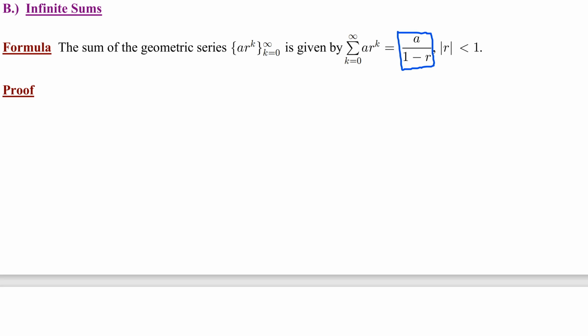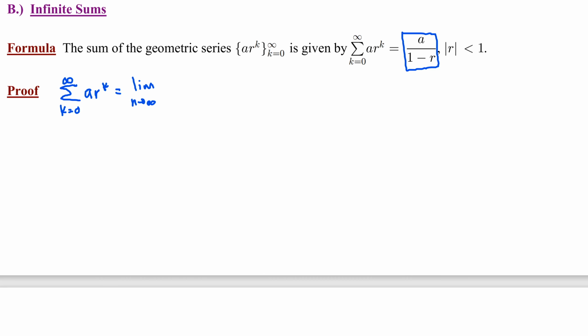Now, previously we learned that the sum of an infinite series is equal to the limit of the sequence of finite sums. So for our particular geometric series, we need to find the limit as n approaches infinity of the sequence of finite sums. And all we have to do here is plug in the formula that we previously derived. So the nth partial sum of a geometric series looks something like this. As n goes to